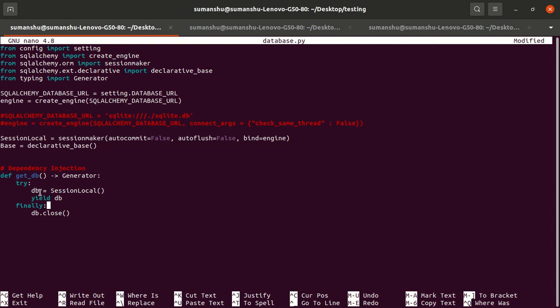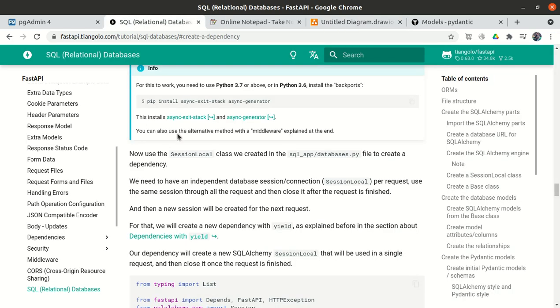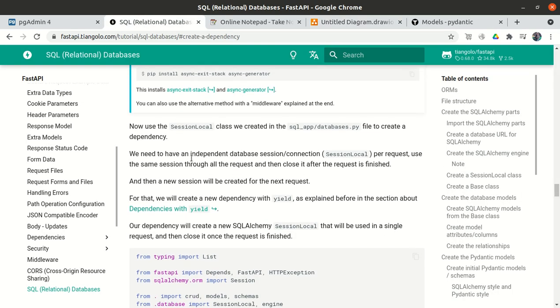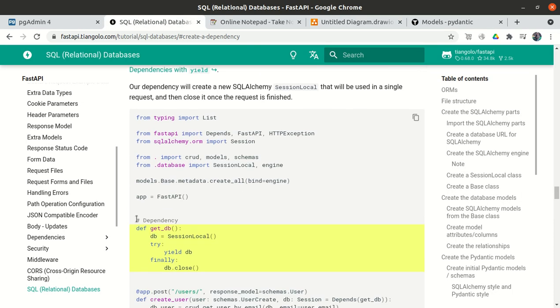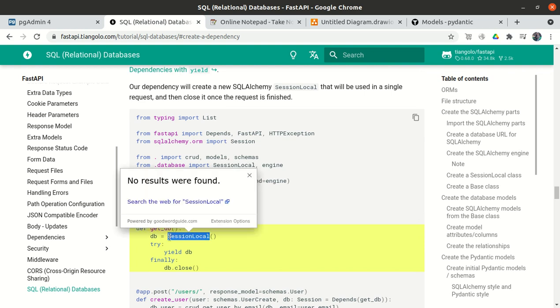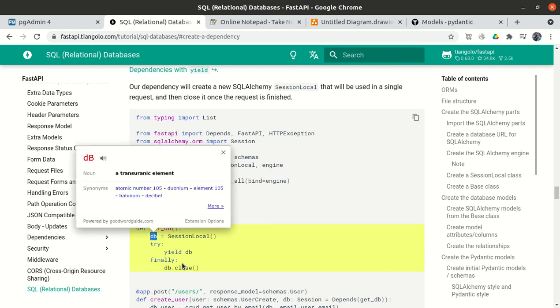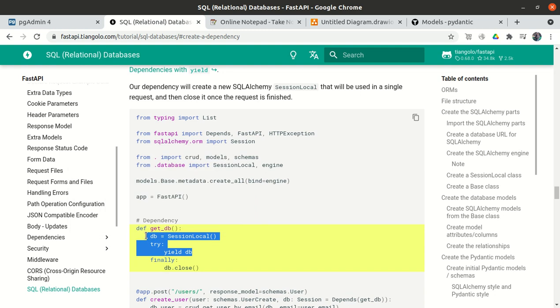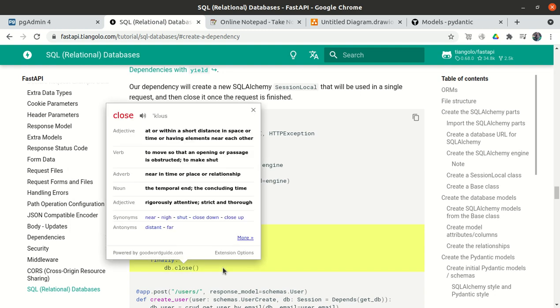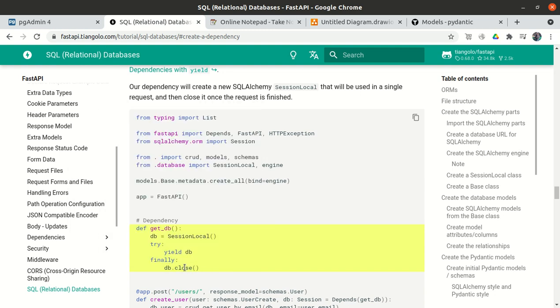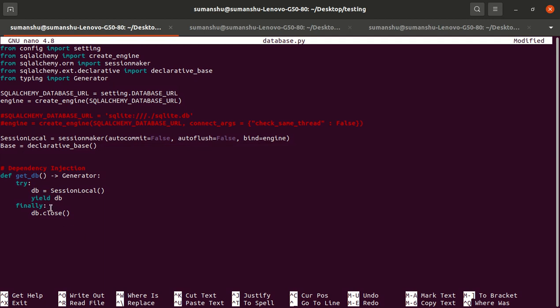We define it as DB because you can define it with any name. We are defining it as DB now. So here, if you see, it's the dependency injection. They are defining this as a class. SessionLocal is not a function, it is basically a class. So it creates an object of that class, and then it will return that particular object if it is successful. Otherwise, not otherwise, always it will close the particular session. Alright, so we have performed the dependency injection as well.